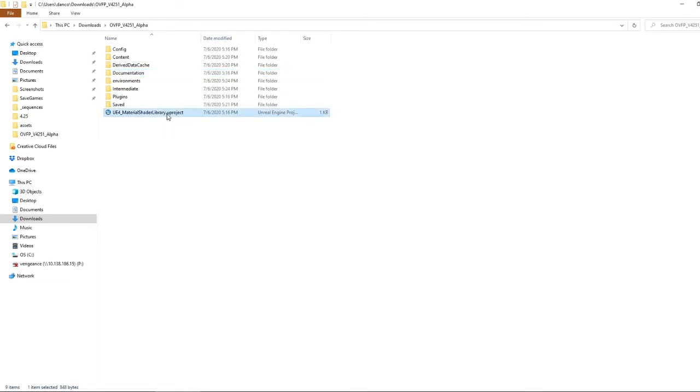you can open the project by double-clicking the UE4 Material Shader Library U project, and you need to make note of what path you have associated with this. It's important to set this path before you start working on anything else. With the path in hand, I'm going to open Blender